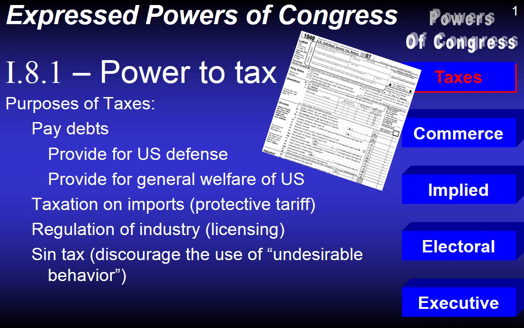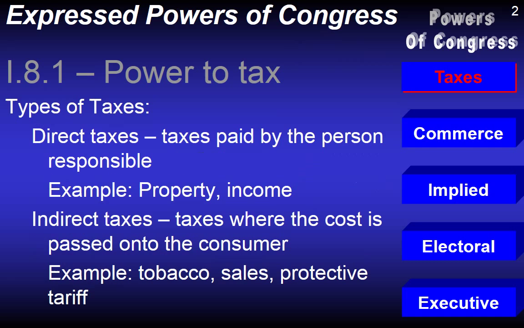But so there are different types of taxes while we're talking about it. There are what's referred to as direct taxes. Direct taxes are paid directly by the person who is responsible for the purchase of it. For example, on a state level, property taxes are direct taxes, where your parents write out a check and send it to the local government. Income taxes are direct taxes.